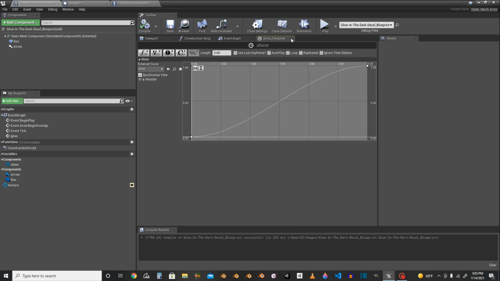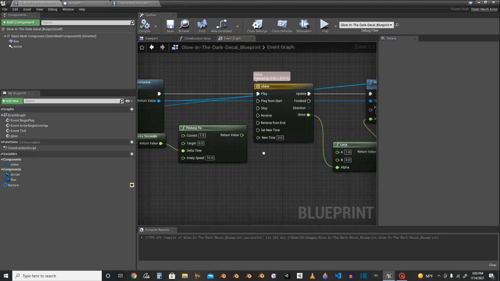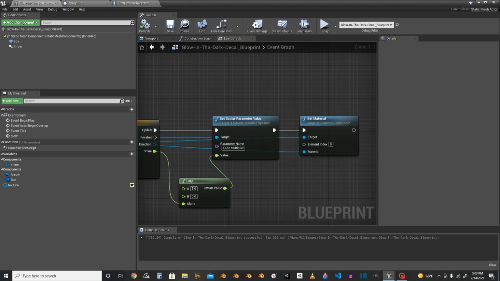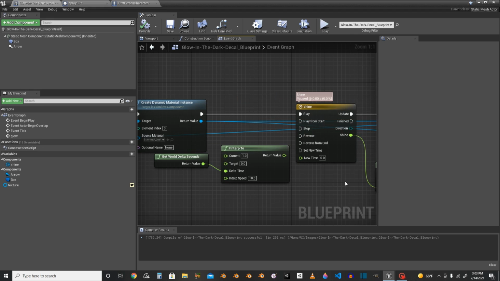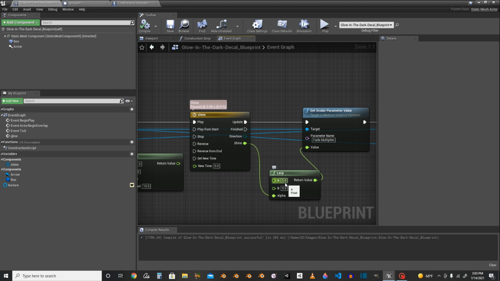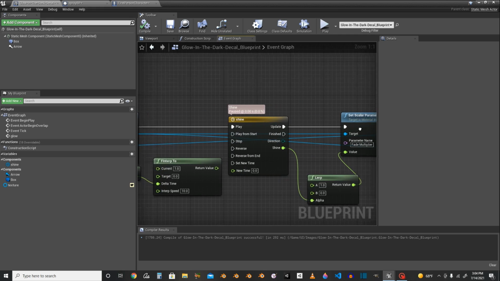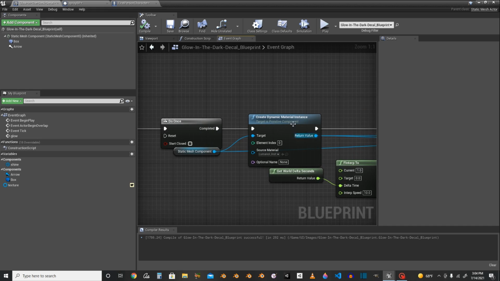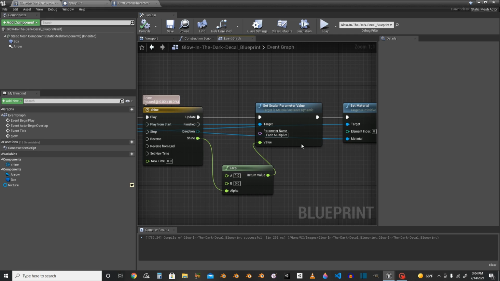I set it to 3 seconds so it shines for 3 seconds. I want it to seamlessly transition, just pop. And then shine, we loop it from 1 to 0, and that would be your fade multiplier. I set the scalar parameter value of the dynamic material instance, and that will be from the static mesh component,